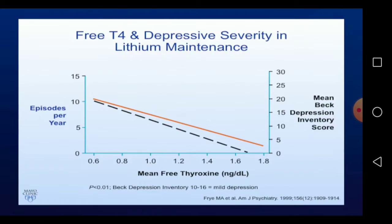Patients with a mean free T4 that was in the upper limit of normal had less cycling and less patient-reported depression. Again, to emphasize, these are thyroid values that are within the range of normal. These are not patients who developed hypothyroidism or subclinical hypothyroidism during lithium treatment, which actually is not an infrequent occurrence. But this data really underscores to us that there may be merit in really making sure that thyroid function is